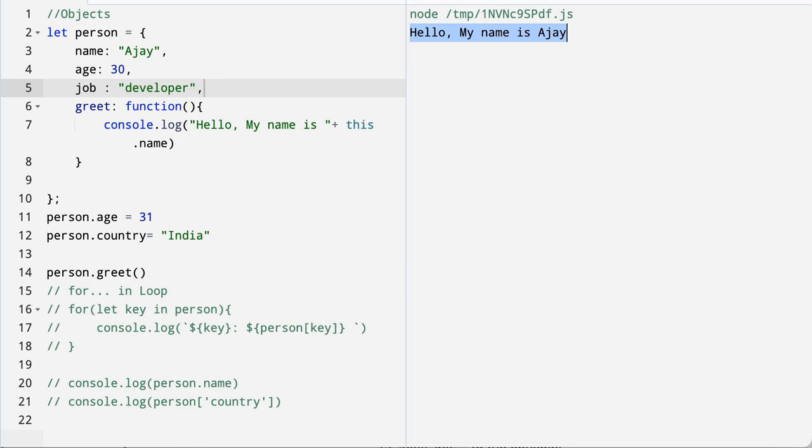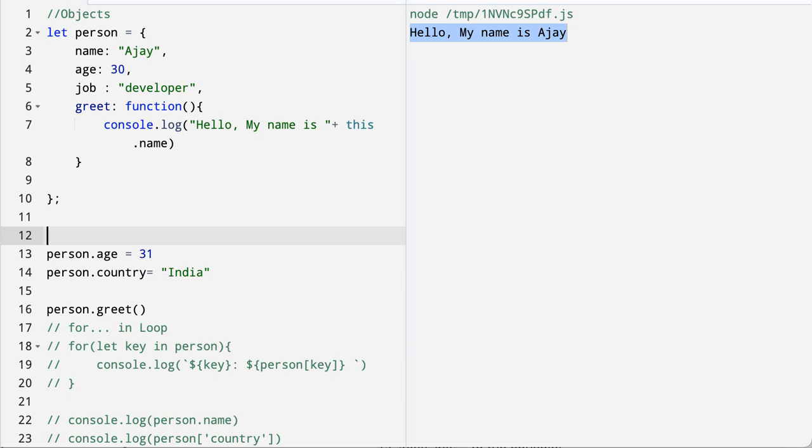For example, let's extract the name and the age property from the person object. Let name, age is equal to person,